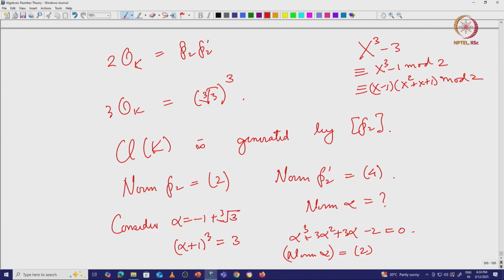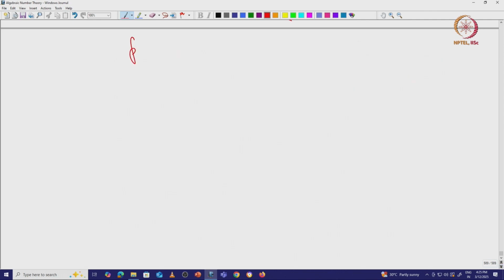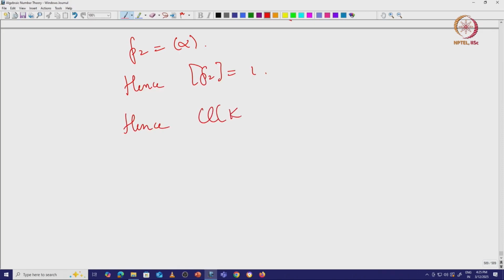And so P2 is the ideal generated by alpha. So, hence the class of P2 is trivial, and so hence the ideal class group of K is the trivial group. Okay. All right. So, we have seen two